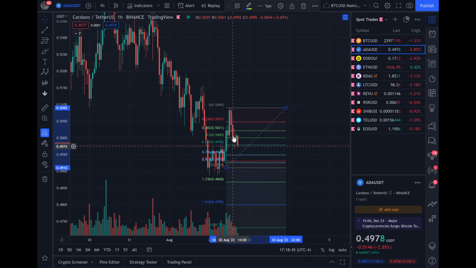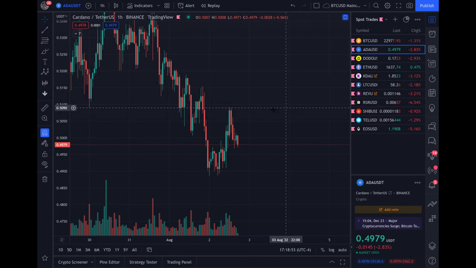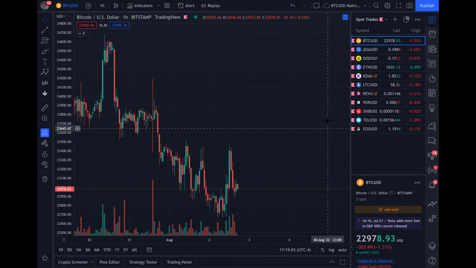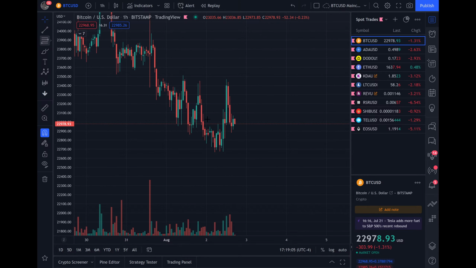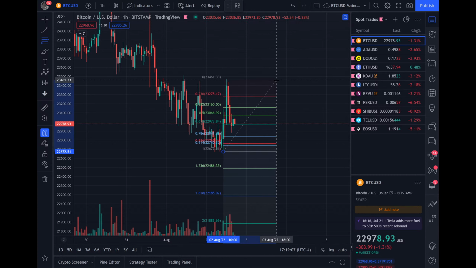Like 1 time, 2 times, 3 times, you're respecting the 618, okay? And that means whatever happened before is probably going to continue. If it's an uptrend, then this retracement is going to continue into an uptrend, okay? That's for Cardano. Bitcoin did not respect the 618, but we are at the bottom of